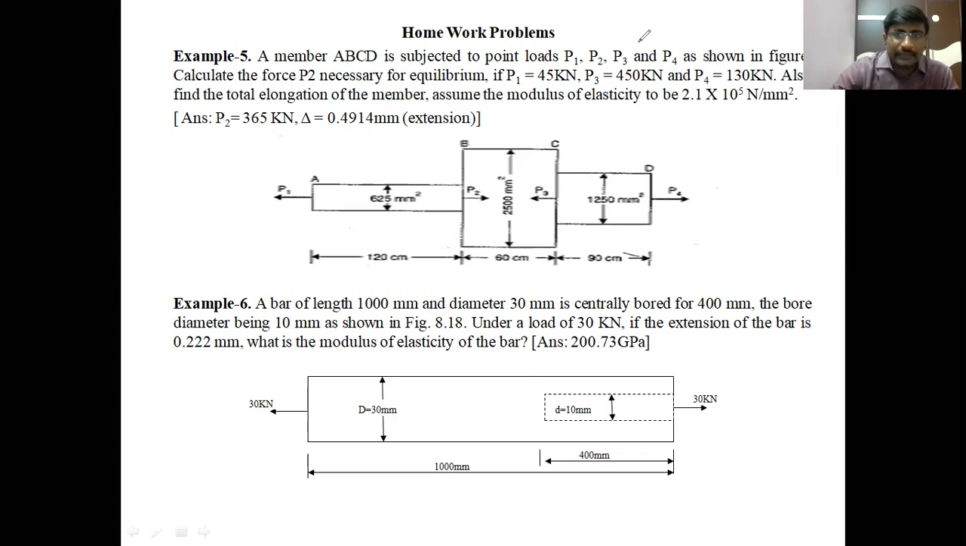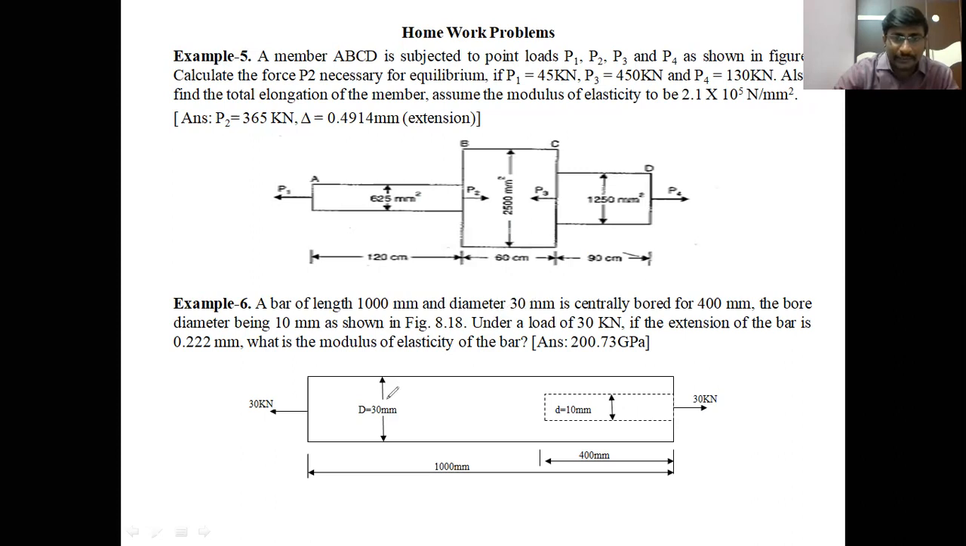Then the second, example 6. It is another type of problem. It also has 2 cross-sectional areas. First of all, let us read the problem. A bar of length 1000 mm. The total length of the member is 1000 mm,